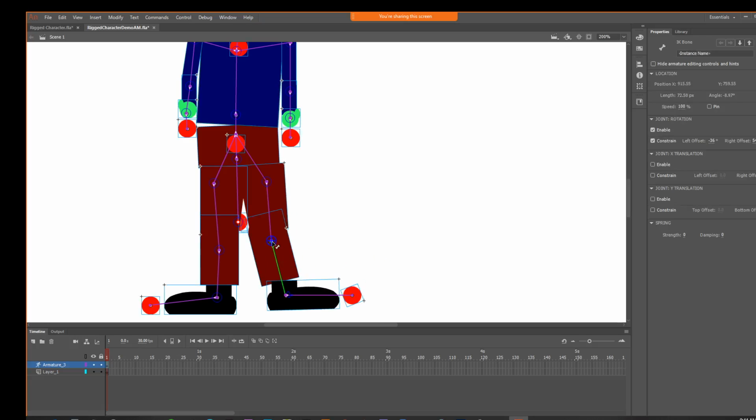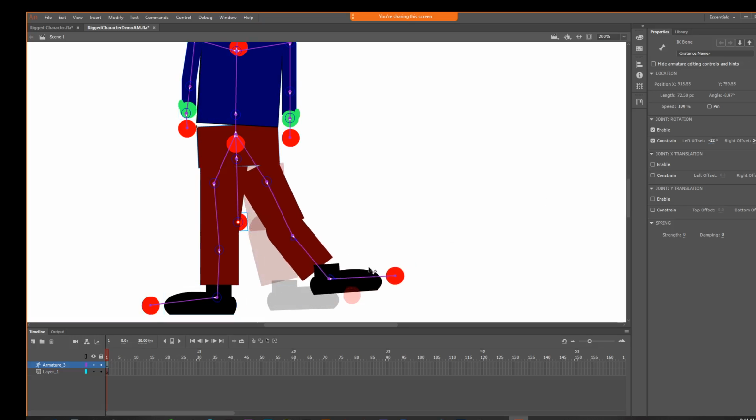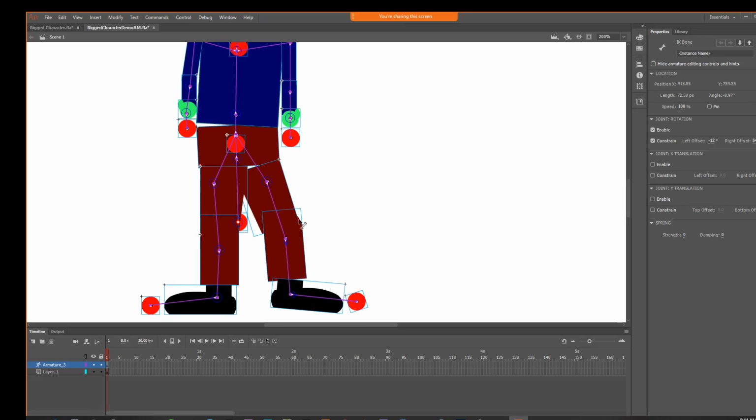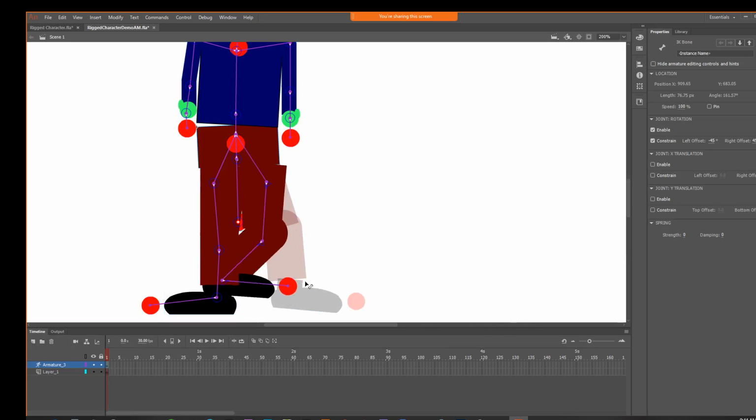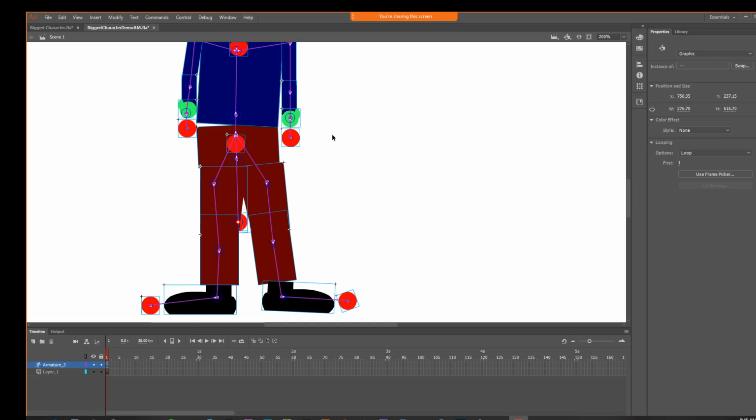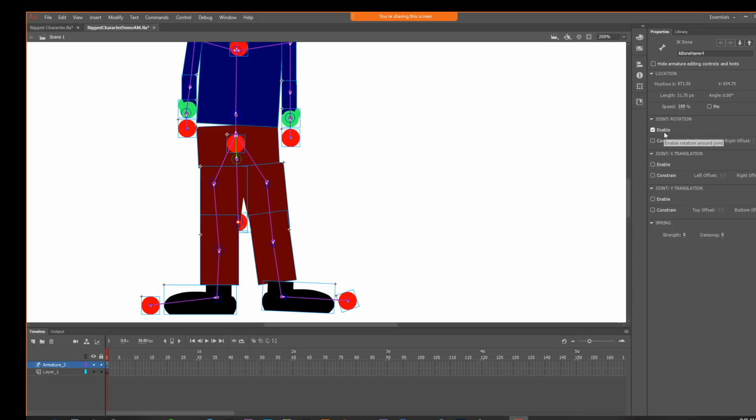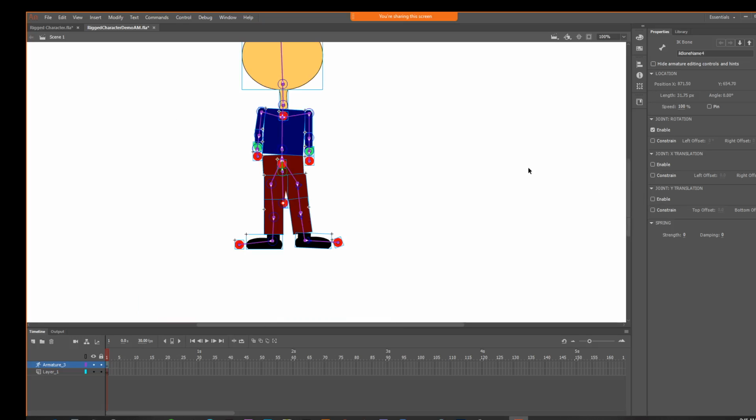So maybe I say this one, you can play around with that angle and see what looks best there. Maybe this one would have even less. So that's constraining your angles. You can disable joint rotation there also. And then,